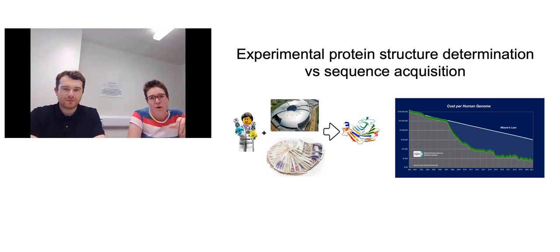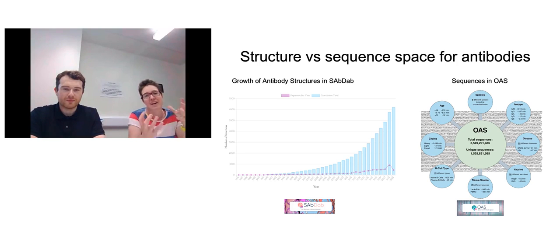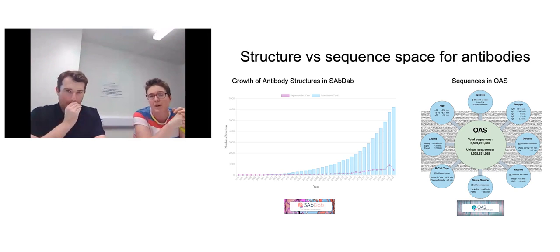To put that into a very basic antibody context, and I'm going to use my own group here, we have a database of all of the publicly available antibody structures, SAbDab, and the data graph on the left-hand side here shows structures that are currently in SAbDab. There's about 6,000 structures in SAbDab. That is all of the currently available, publicly available antibody and nanobody structures. That's quite a lot. But then we have also been trying to collect all of the available sequence data for antibodies that's out there.